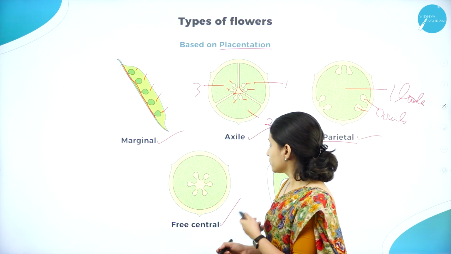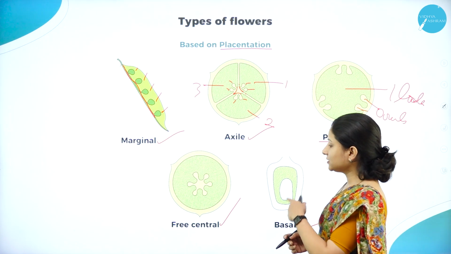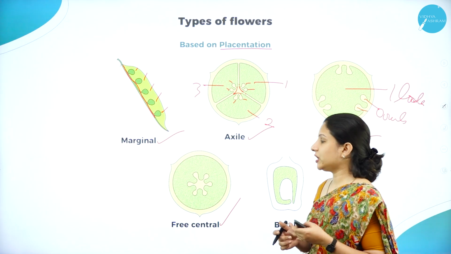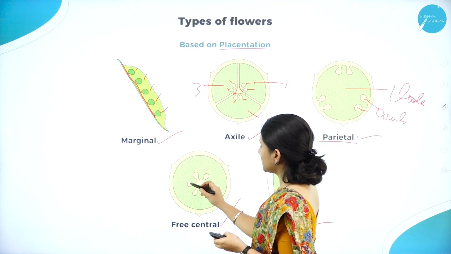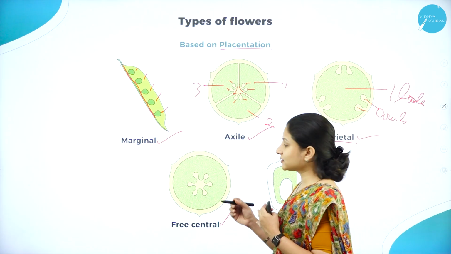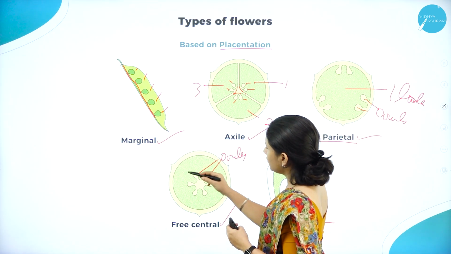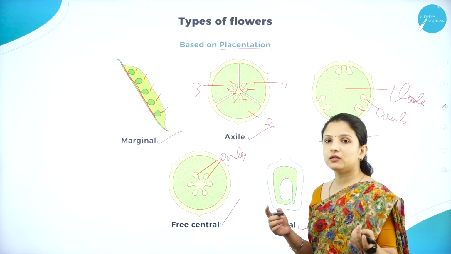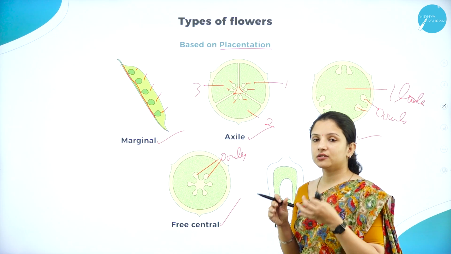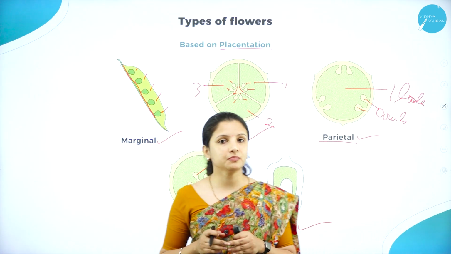And next, moving on to one more type of placentation, that is free central placentation. So in free central placentation, there is no locule, only one cavity or locule is being present and the ovules are just like that situated at the center and they are held by the placenta at the center. So these are the ovules which are present. There is only one locule here. So therefore, it is free central placentation. The placenta is holding the ovules at the center.